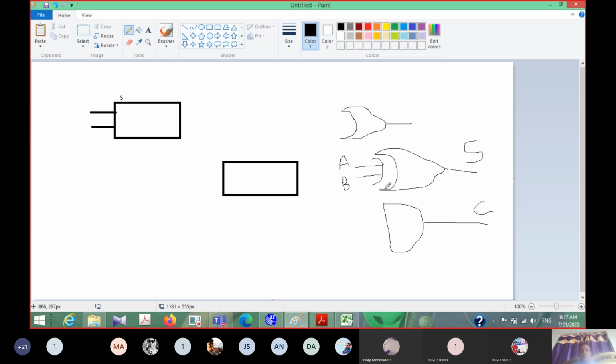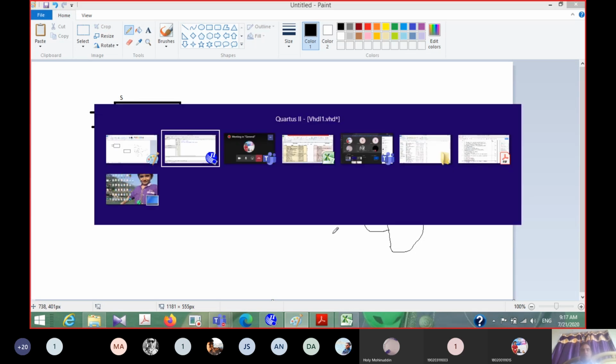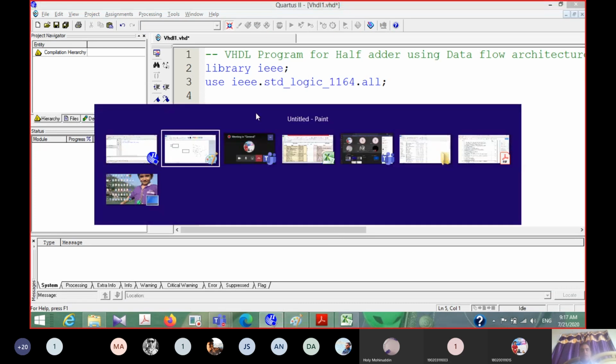So carry is the AND of A and B, and sum is the XOR of A and B. The logic of a half adder is: sum is the XOR of the two inputs and carry is equal to the AND of the two inputs. So what do we have to write in the entity?